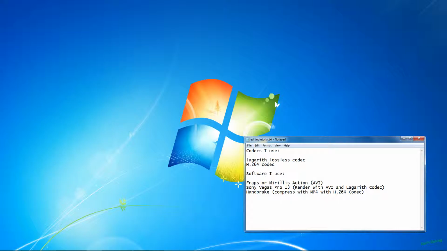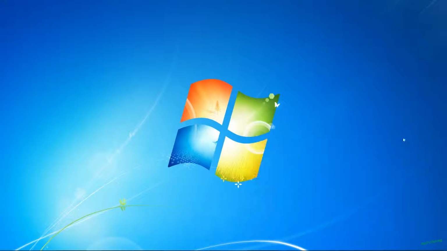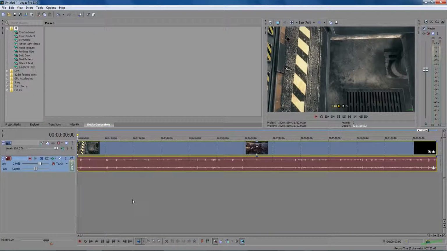But basically what I do is I use 60 frames per second on most videos. You can use 30, that's fine. And I use Fraps right now, and AVI, of course. Let's bring up Sony Vegas Pro, and I've already moved in a file here as an example. This is Wolfenstein: The New Order. It's a little over 12-minute video,